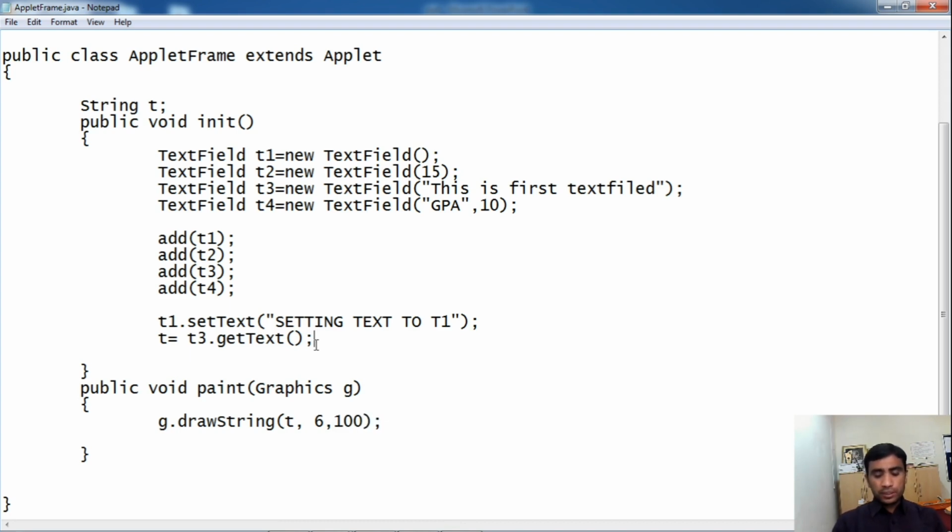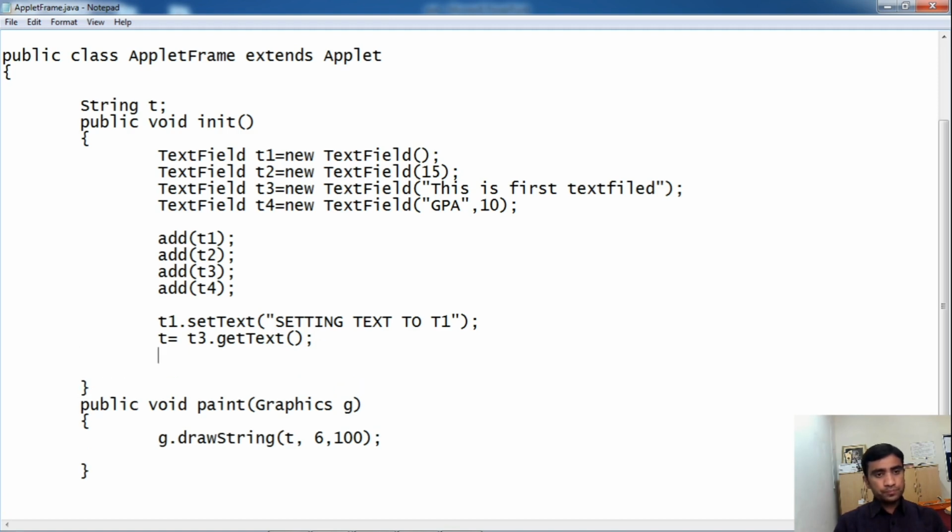Now the third method is setEchoChar. Now we will set an echo character to T2: t2.setEchoChar in brackets, where the character is specified in single quotes.